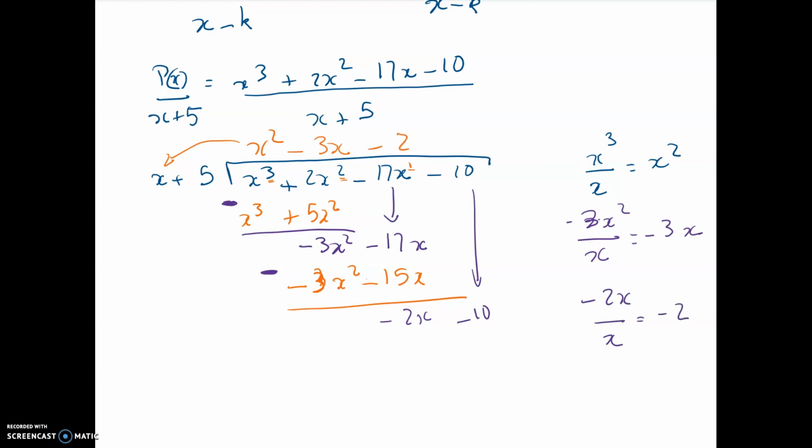I put negative 2 right here, and so I distribute negative 2 to the x plus 5: negative 2 by x, negative 2x, negative 2 by 5, negative 10. When I subtract these two lines, I end up with 0. That tells me two things. First of all,